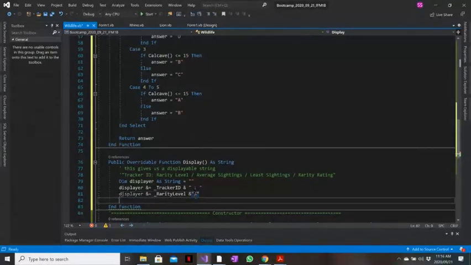And this one has a slash. Display and equals